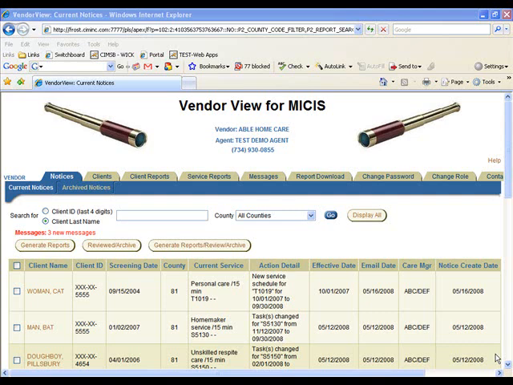In this change role demo, I will demonstrate how the change role function works. If you are a VendorView vendor that provides services for more than one waiver agency, VendorView allows you to easily switch between them without having to log out and log back in. Simply click on the Change Role tab,